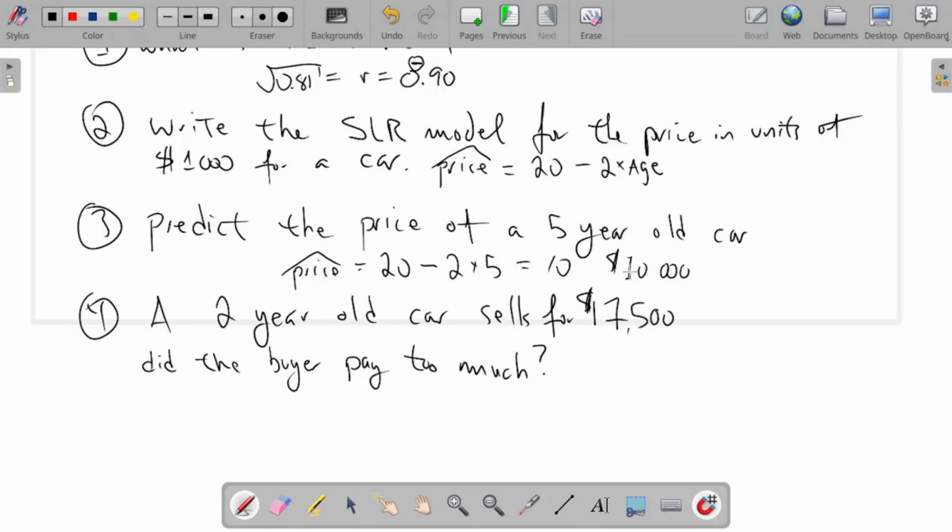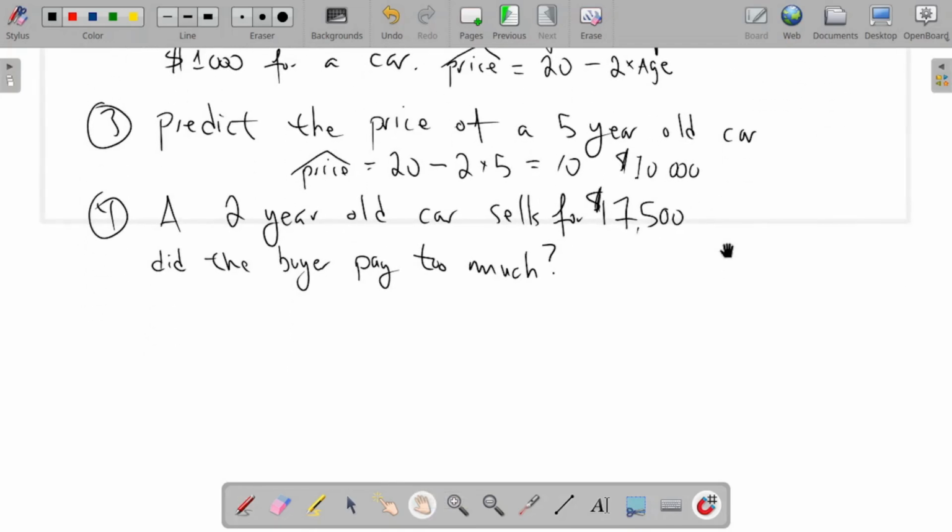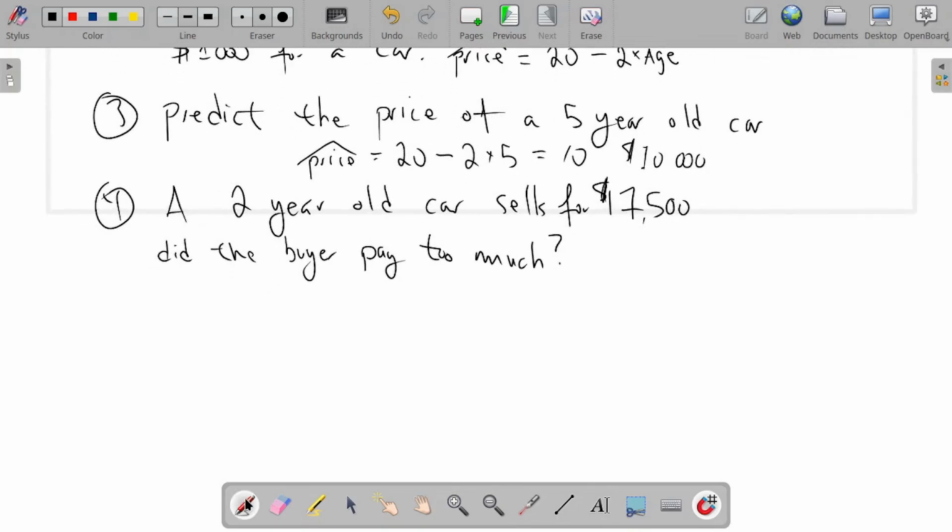Now, a 2-year-old car, we're told, sells for $17,500. We want to know, did the buyer pay too much? All things considered based on the age of the car. Well, let's see what the model says the proper price should be. Price is equal to $20,000 minus 2 times 2. So that's $16,000. So maybe the car was in pristine condition, but if it was just in average condition, then the buyer